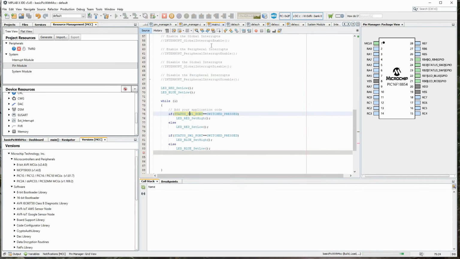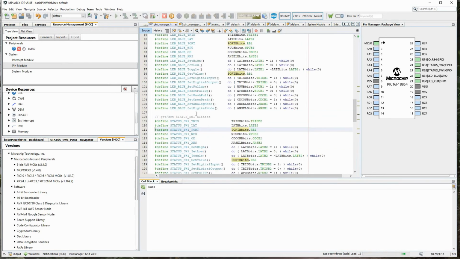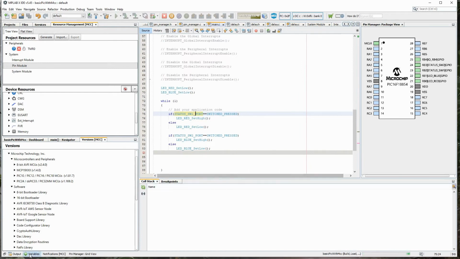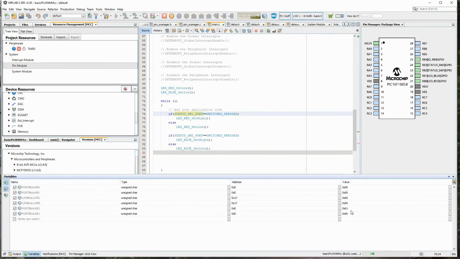Let me just check what I have done. Status of switch. So this and get value are defined as the same thing, so we can either use this or use that. If you come to our main and variable list, RB2 and RB1.